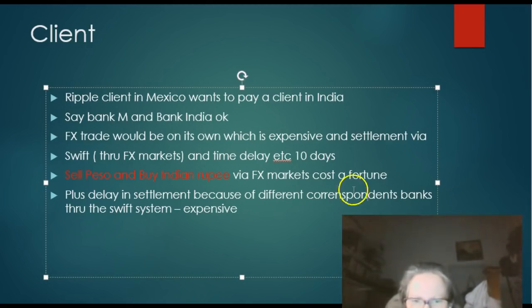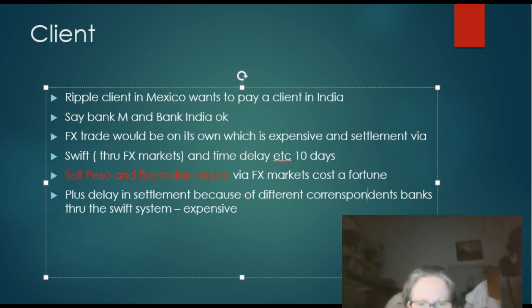Because SWIFT is an old settlement system, once the trader has done the deal through the FX system, the client, the Mexican bank, has given them their peso and they've sold the peso and bought the rupiah. They then get their settlements people to book the trade through SWIFT to go to India. Now, as I said, normal FX would take trade today, settlement within 2 days.